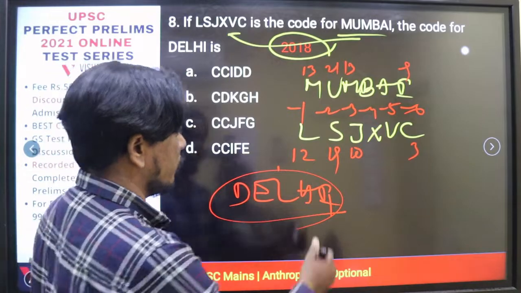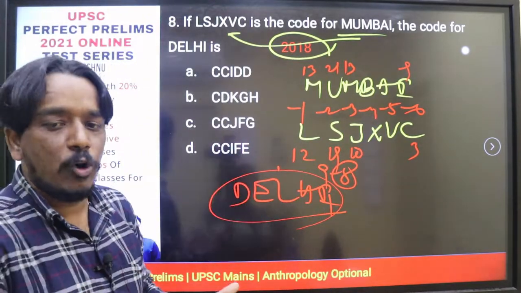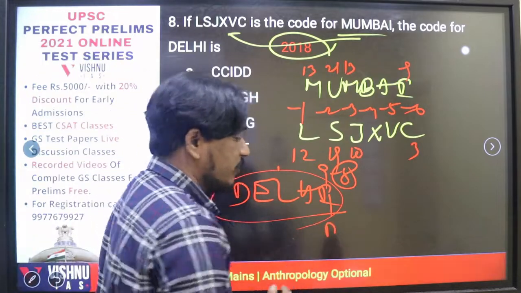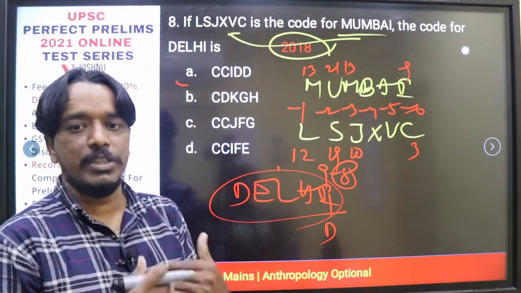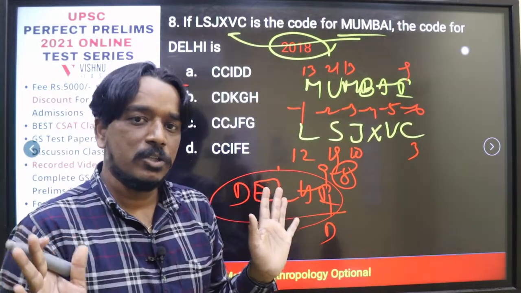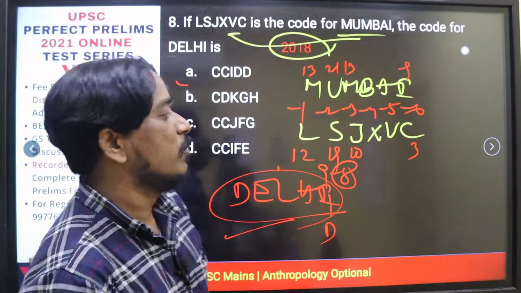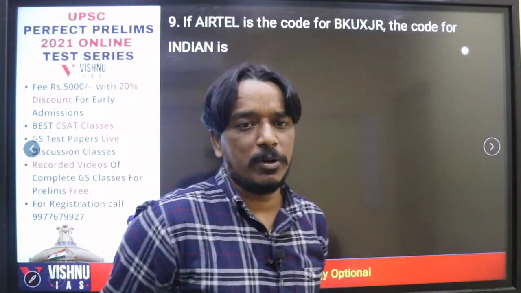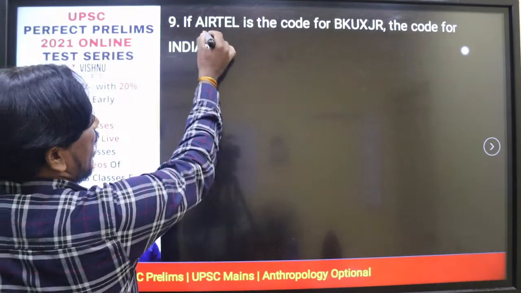So 9 minus 5, what will we get here? You will get 4. 4 means what letter will you get? D. In which option do we have D in the last place? Only one option is there. Directly you can go with that option. Very simple. So no need to do anything, just eliminate the options. This is one of the previous year questions in this model. Very simple.